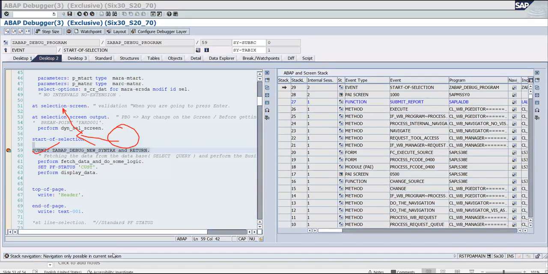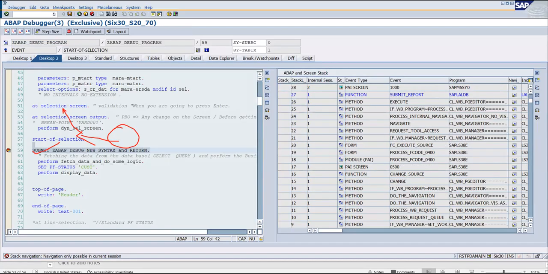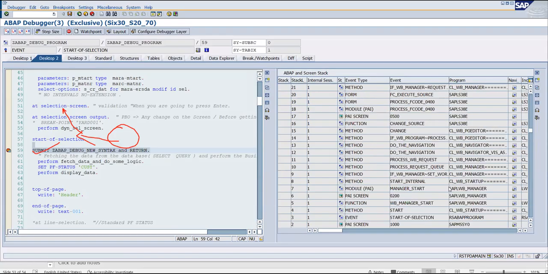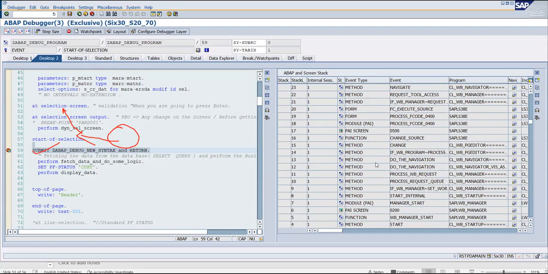only possible in the current session, right? Stack navigation only possible in the current session. That means before submitting this report, the system submits this report basically, and then you are able to see this. Okay, these many stuff has happened. If you don't want to go inside all these things, if you are interested in checking the current session itself,